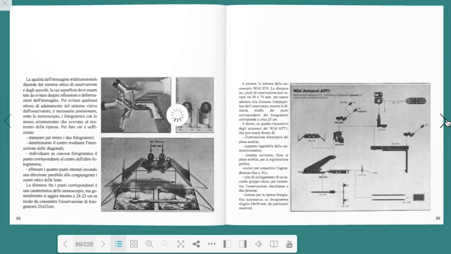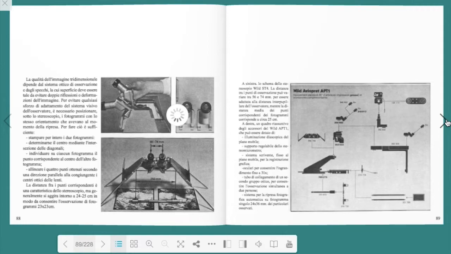Page 89. To the left, the Wild ST4 stereoscope scheme. The distance between the observation points can vary between 56 and 74 millimeters, to be adapted to the observer's interpupillary distance, while the average distance of the corresponding points of the frames corresponds to about 25 centimeters. On the right, a summary picture of the Wild ST4 accessories, which can be equipped